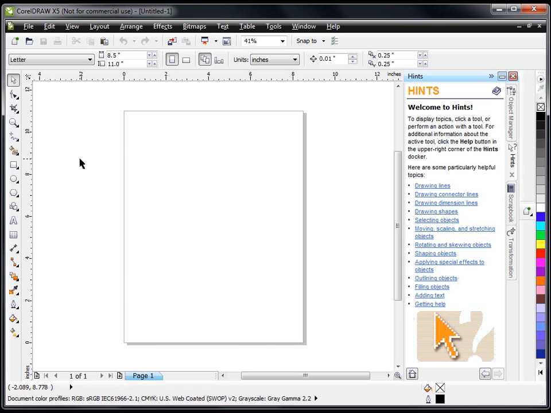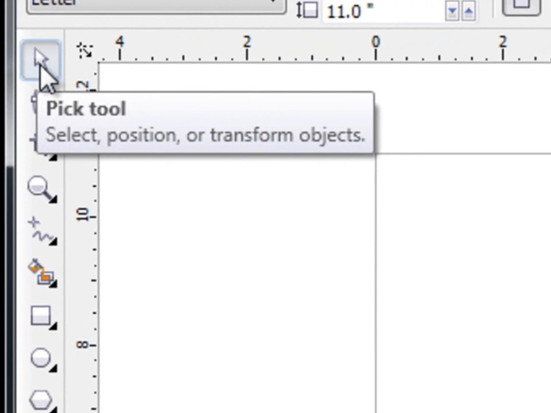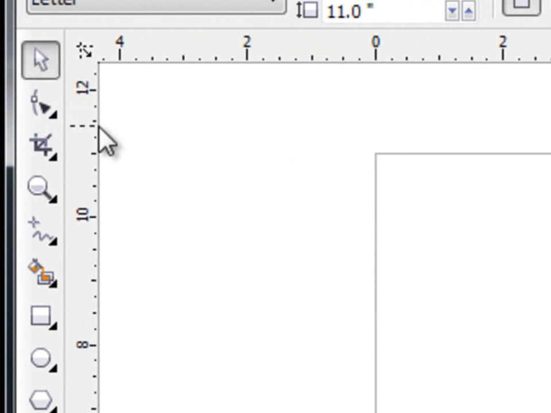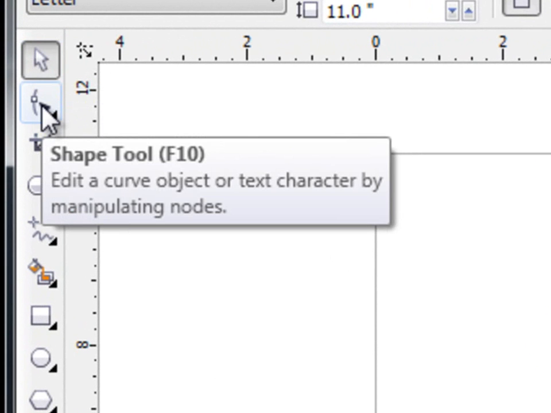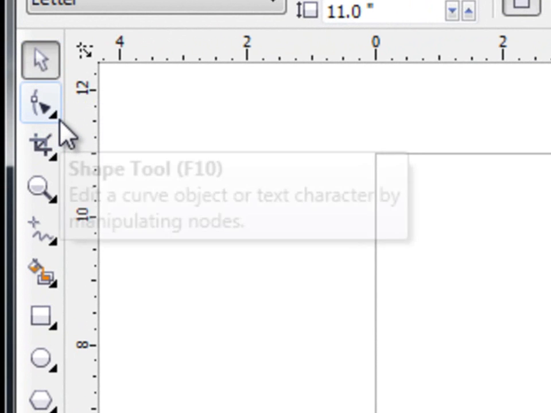We don't need anything that has to do with color. There's several tools that we just don't need. So real quick, I'm going to try to get through this as quick as possible and go through the tools that we will use. In the top here we have the pick tool. That one we'll use. Below that we have the shape tool,